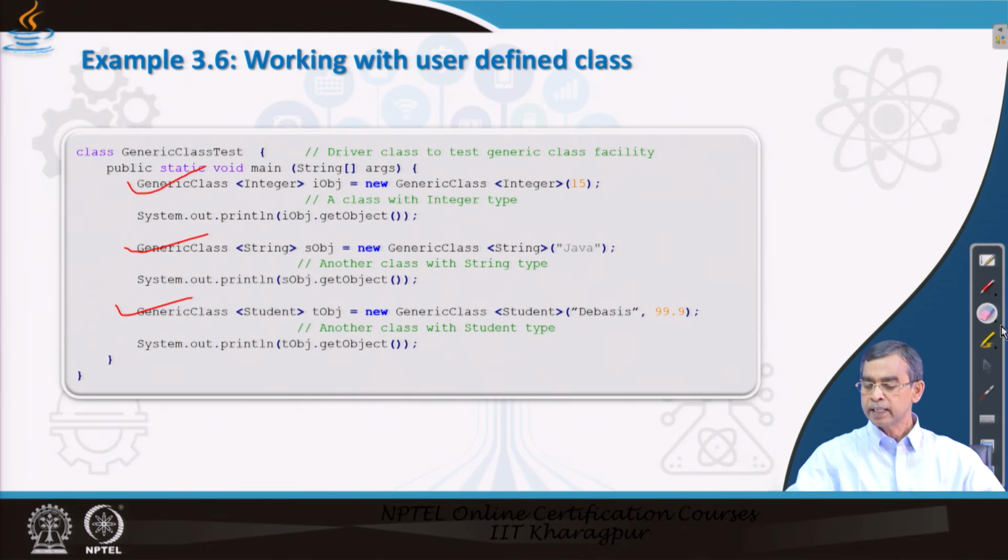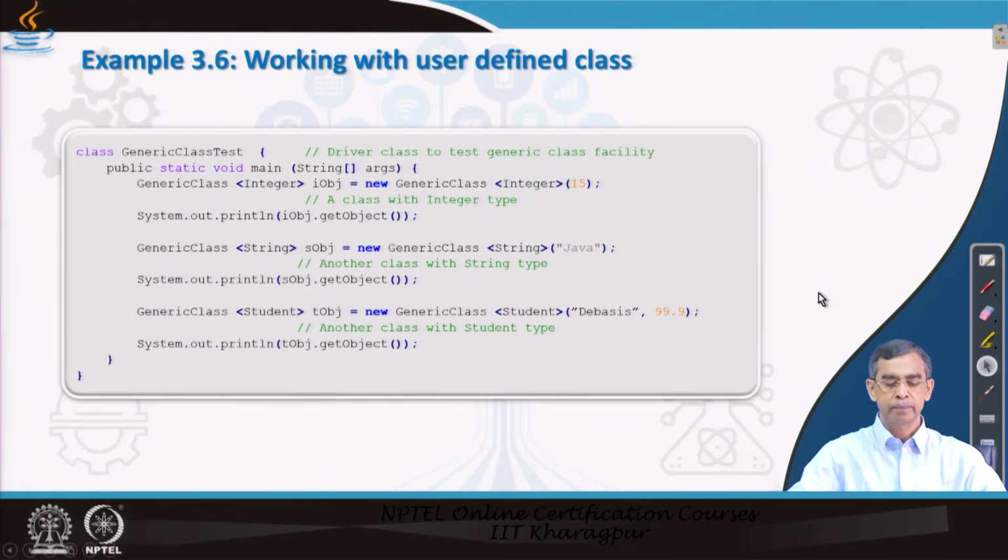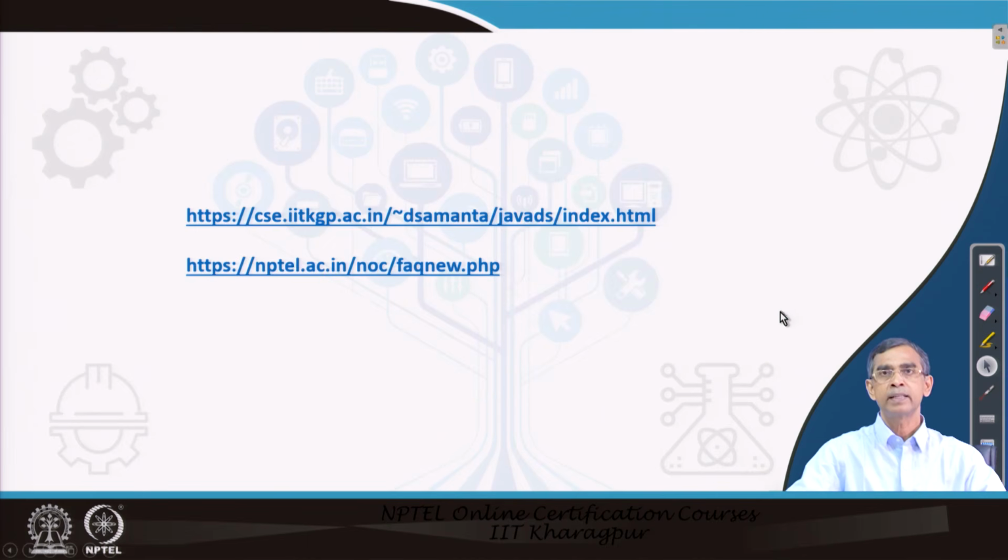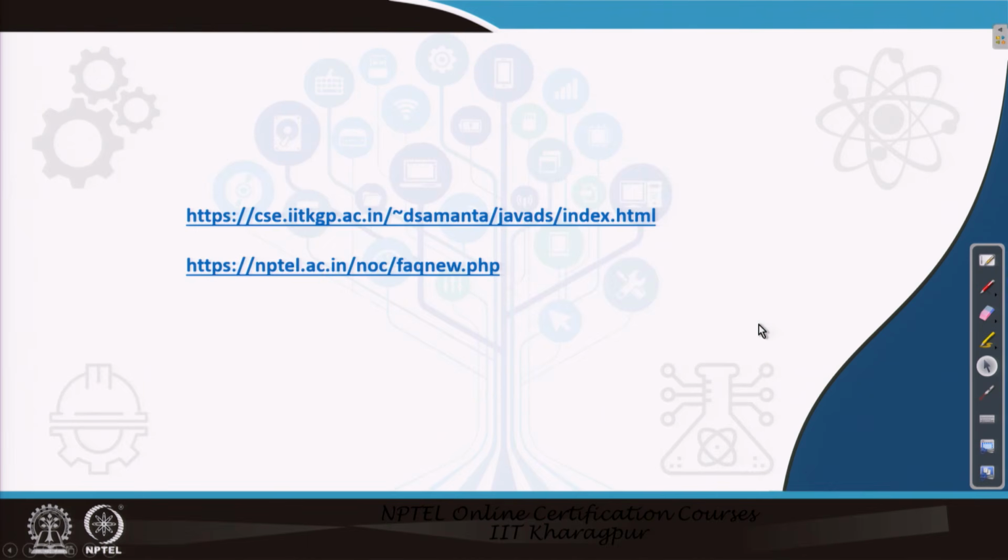So, this way the generic class in fact works for any type of data that you can pass to a program. Instead of being special for only a specific type of data, your program can be made general, that is generic, in order to work for any type of data. So, this is the way the generic class can be defined, and we have learned about how a class can be declared generic and how it can be utilized.